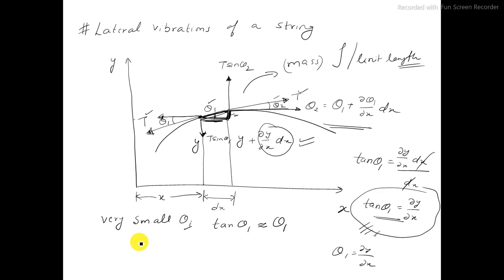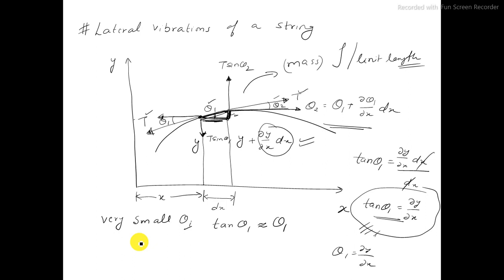Now there can be many cases, where one side of the string is fixed and the other side is free. According to that, you have to apply the boundary conditions, which we will discuss in upcoming videos. Again, this is the basic characteristic equation which every time you need to derive. After that, you have to apply some boundary conditions according to the given numerical. So numericals we will cover in upcoming videos.